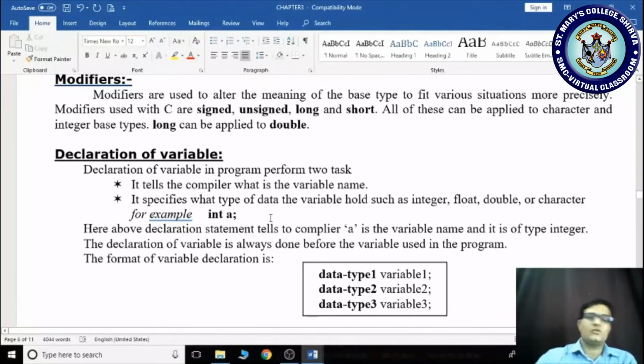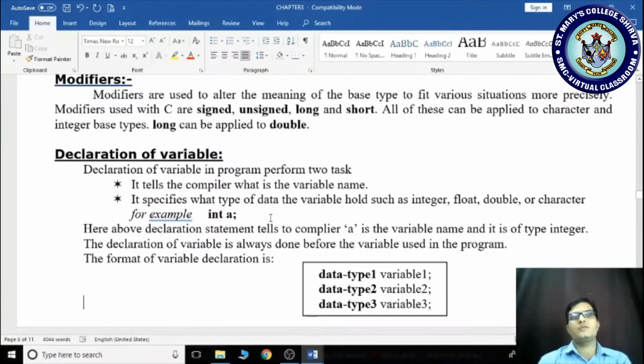Okay, so if you are using a variable, then it specifies which kind of value has to be stored. Holding means storing. If you are using the integer type, you are not supposed to store point values. If you store point values, it will skip them. If you are using float and you mention an integer value, then automatically it will be converted into floating point. Double is also the same, and a character should store only characters. Okay, then what is a character? A letter or a digit or a special symbol enclosed in single quotes is treated as a character.